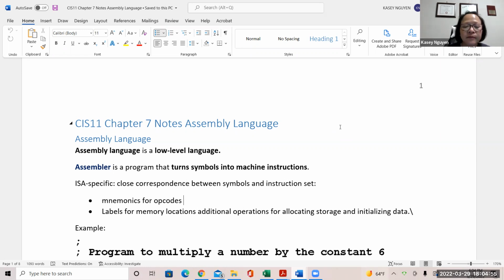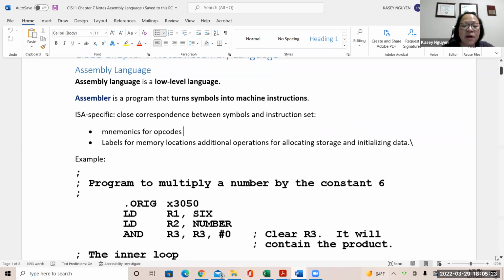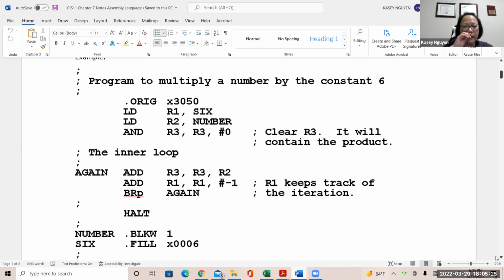So with the labels, we are able to have additional operations. Later on, you will see that we would use a label as a function or subroutine. And in that section of your label, we will have additional instructions for the task related to that subroutine. In the following example, which is part of your assignment as well,